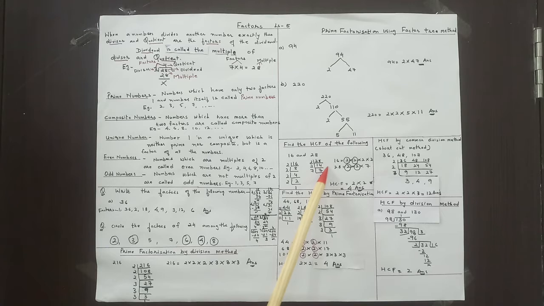Now we have all the factors of 16 and 28. Now we will see the common factors among 16 and 28. The 2 here and 2 here. 2 here and 2 here. But we don't have 7 in the factors of 16. And we don't have any more 2 here. So we will take these 2 and these 2. 2 into 2 and that is equal to 4. And that will be your HCF and that is your answer.